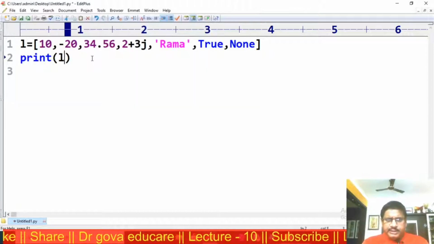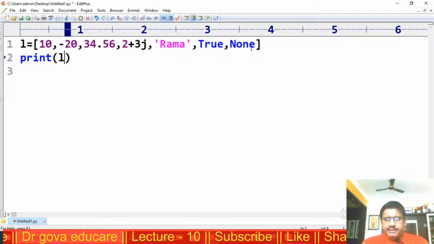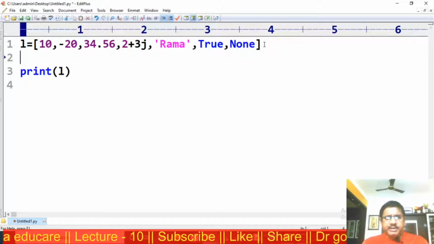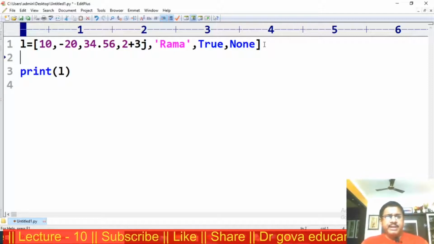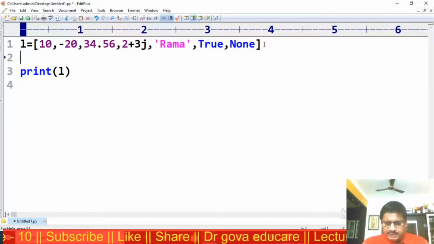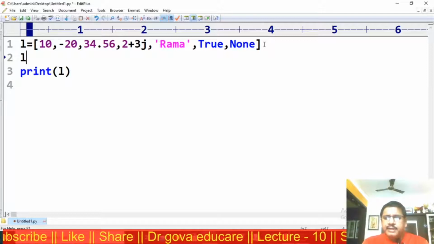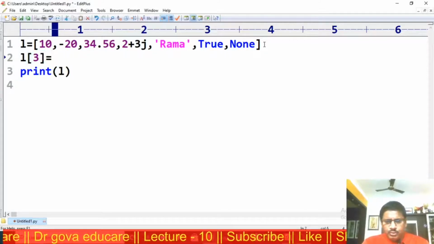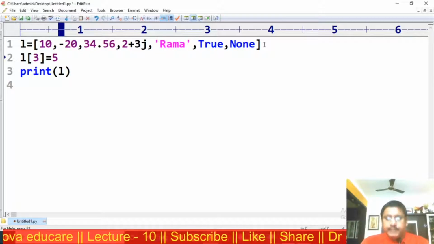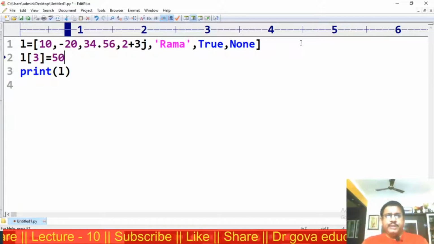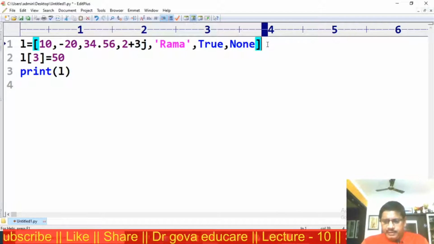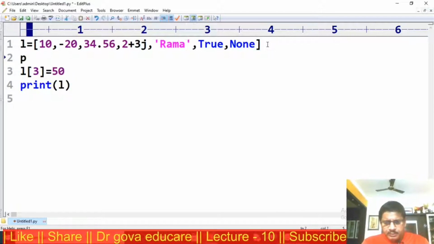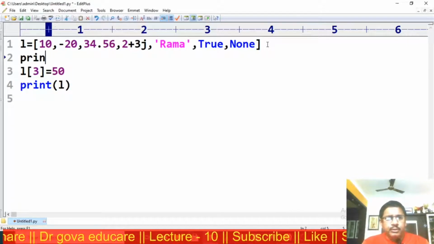The list data type is mutable. That means item assignment is applicable. That is, I am changing the content. L[3] = 50. Before changing, I am finding the address of the value.